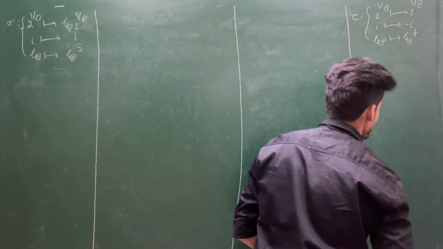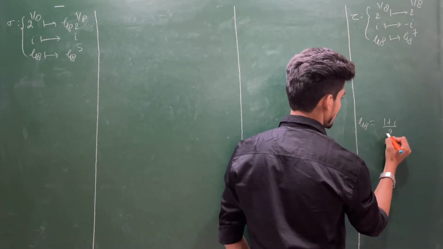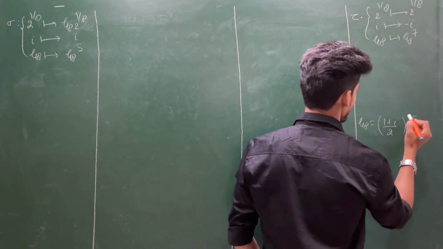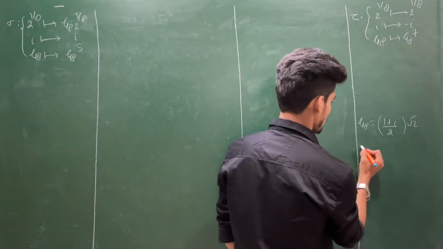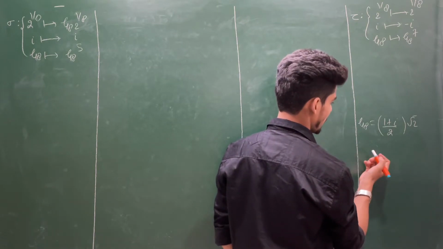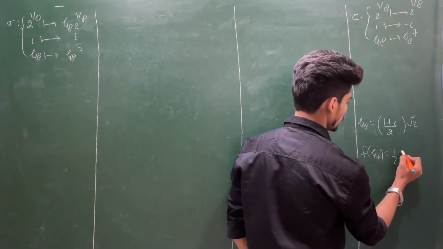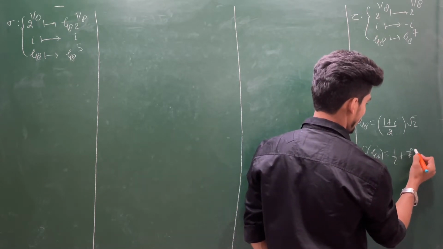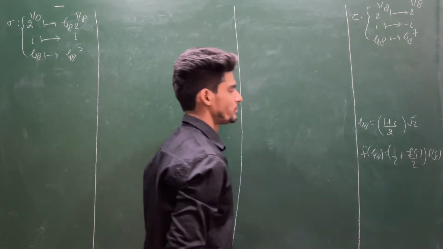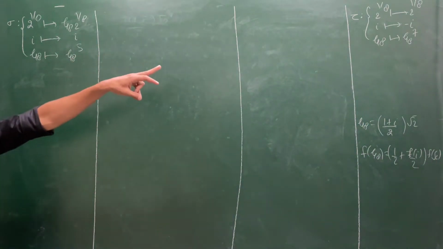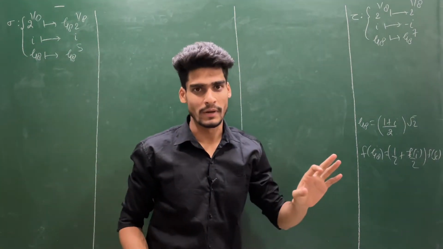And I am writing here also this ζ8 = (1 + i)/(2 times √2). So if you apply any automorphism on this, suppose any automorphism f works on ζ8 as 1/2 plus f(i)/2 times f(√2). So I have written two elements, and I am claiming that the group you are looking for is actually generated by these two elements.